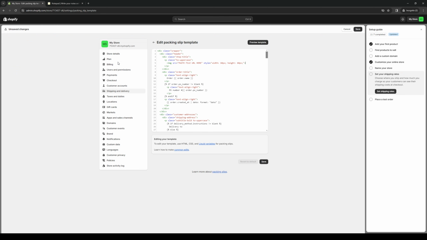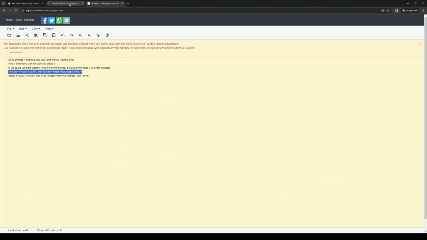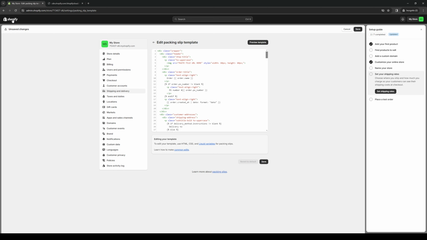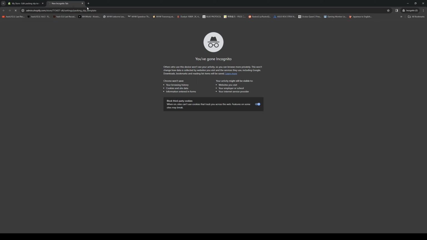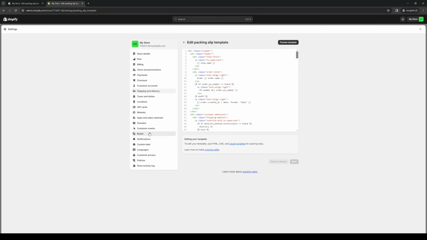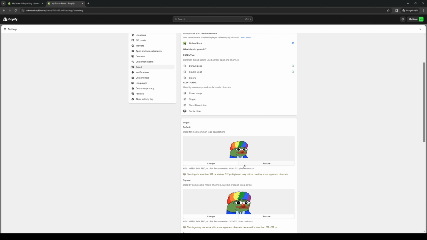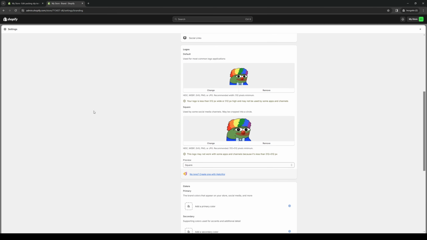And we're actually going to open a new tab for Shopify, because the idea is we're going to extract the URL code for our shop logo. So we're going to go back here. Actually, let's just open a new tab real quick. So here we are. Let's go to brand again and get the URL for this one. And to do so, you want to right click on it and click on copy image address and go back to the